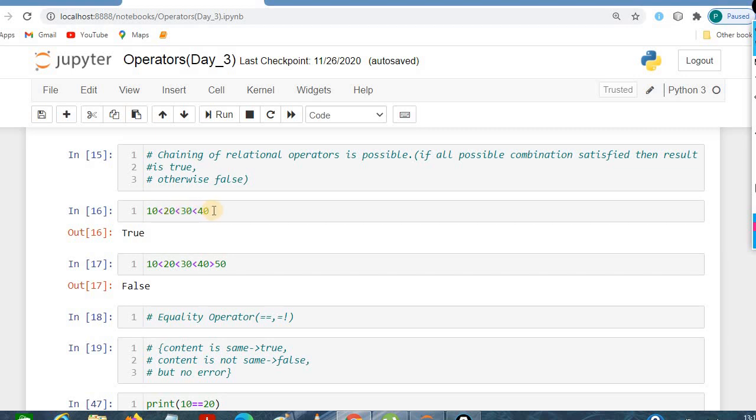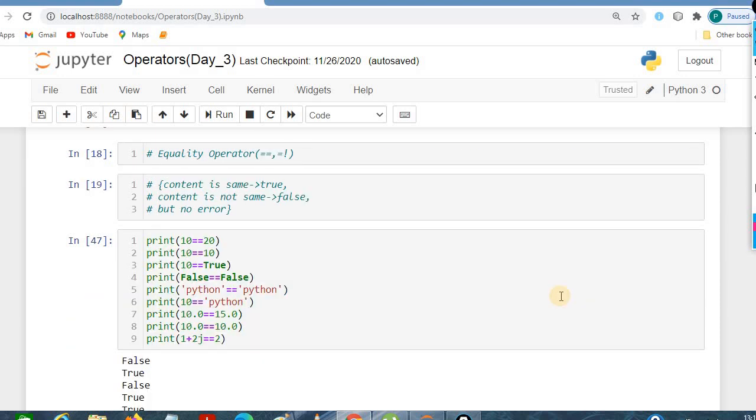It is clear the chaining is correct, so we are getting the result as true. If we are considering 10 equals 20, 20 less than 30, 30 less than 40, here the chaining is correct, but the last thing, 40 is greater than 50, that's why we are getting the result as false.